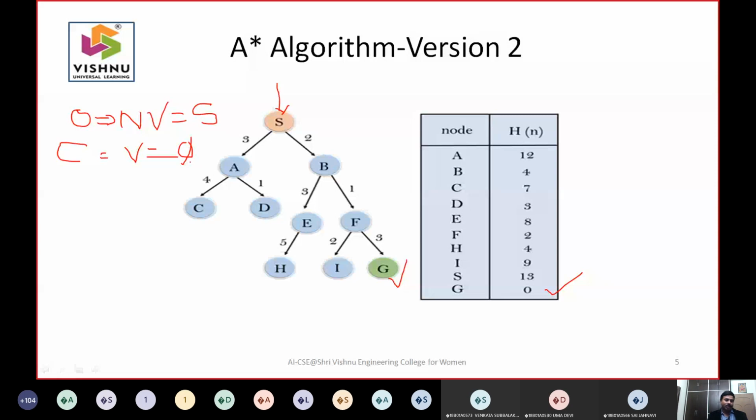We are more concerned about what exactly open is. The open data structure will change with respect to the application that you take. When you use BFS, open is a queue. When you use DFS, open is a stack. And when you are using the A star algorithm, what is this open?